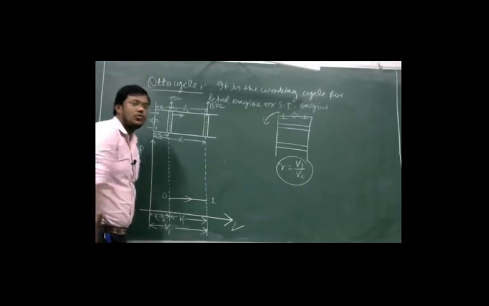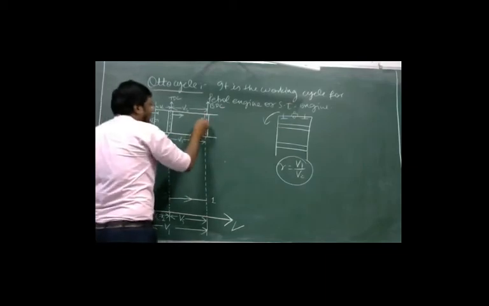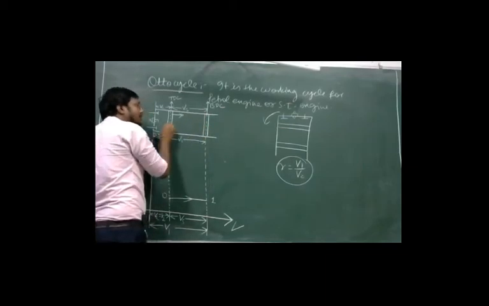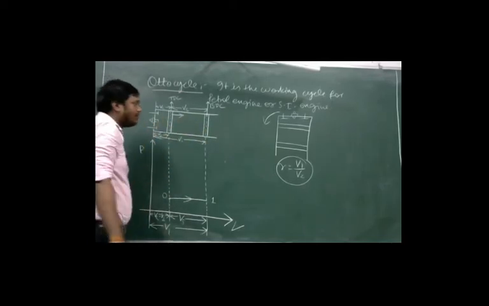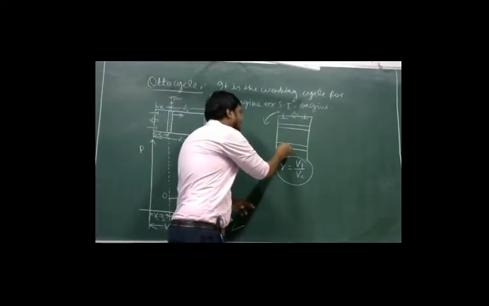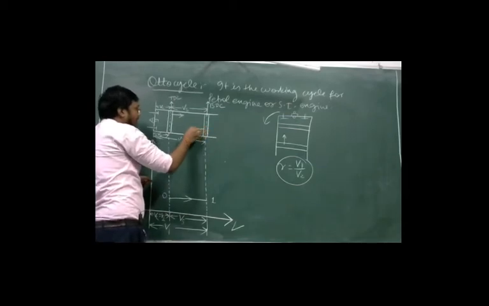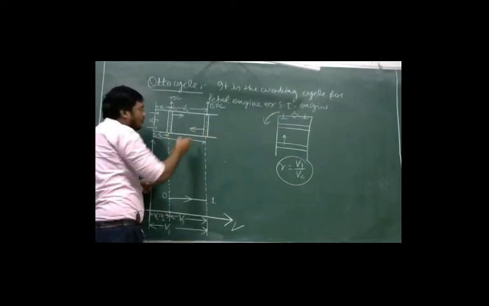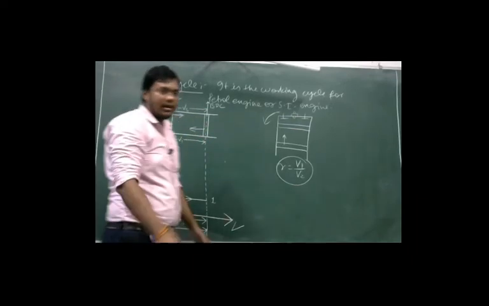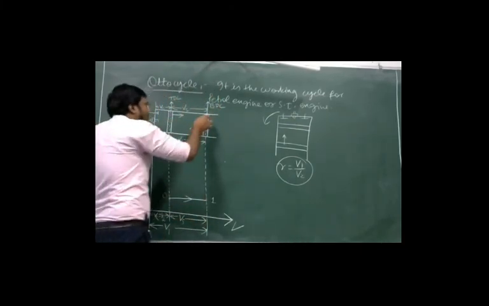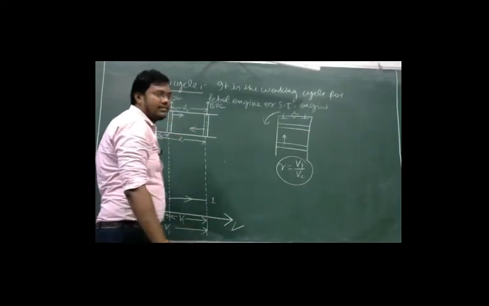Now the second stroke will be the compression stroke, and in the compression stroke we move from BDC to TDC. The piston will go in the upward direction. In the vertical position we have studied that in the compression stroke the piston will go upward. So here the piston will go to the left side, and when the piston goes from BDC to TDC, the fresh air-fuel mixture inside the cylinder will compress. So now we are moving from BDC to TDC, and compression of the fresh air-fuel mixture takes place.